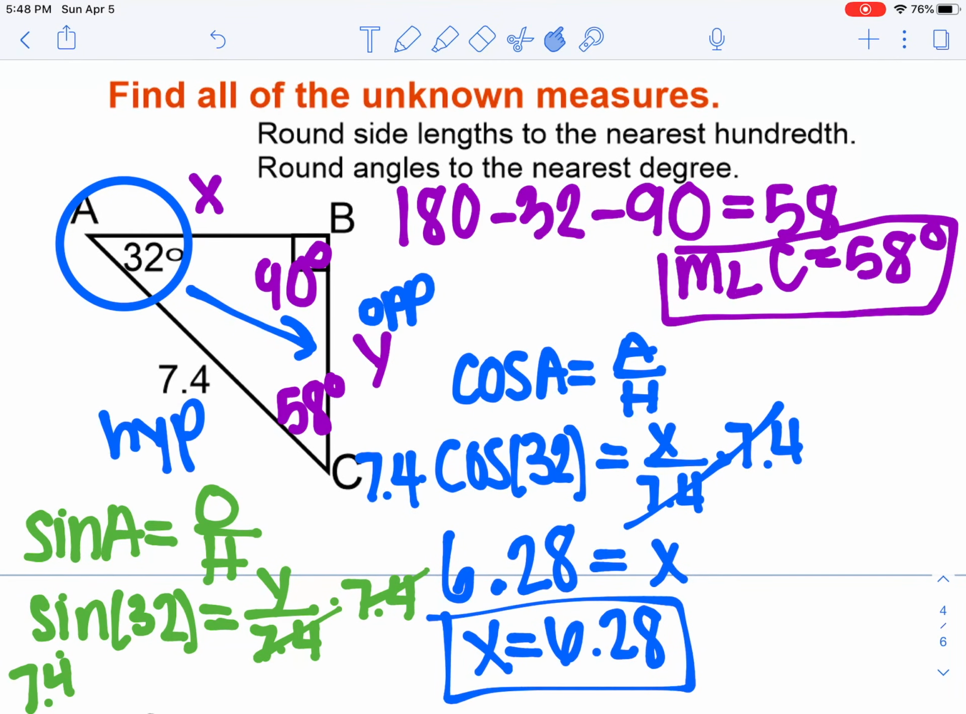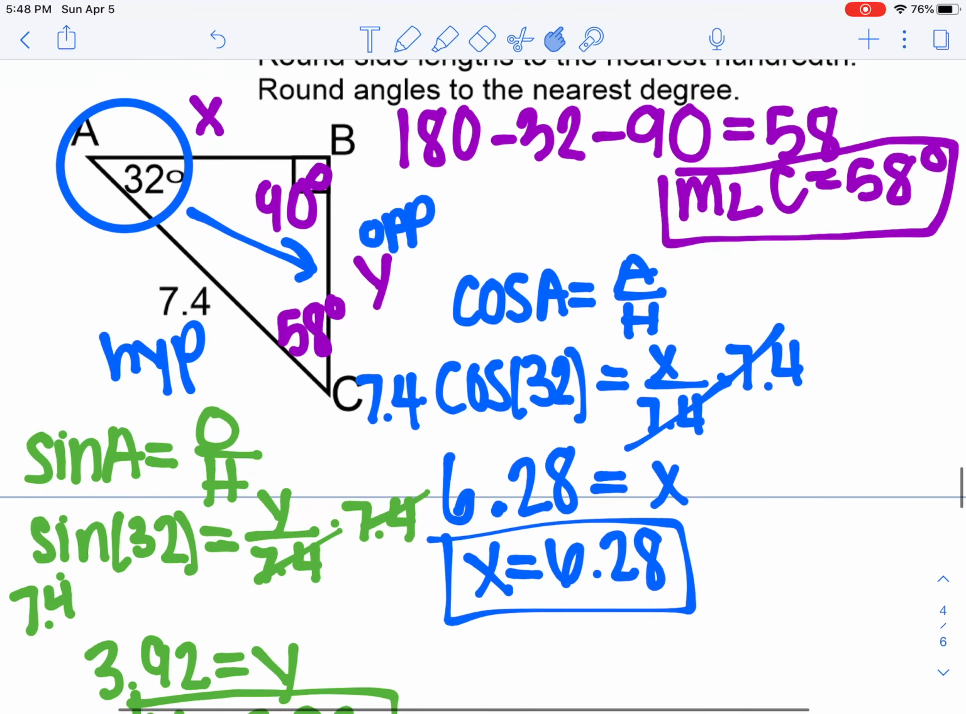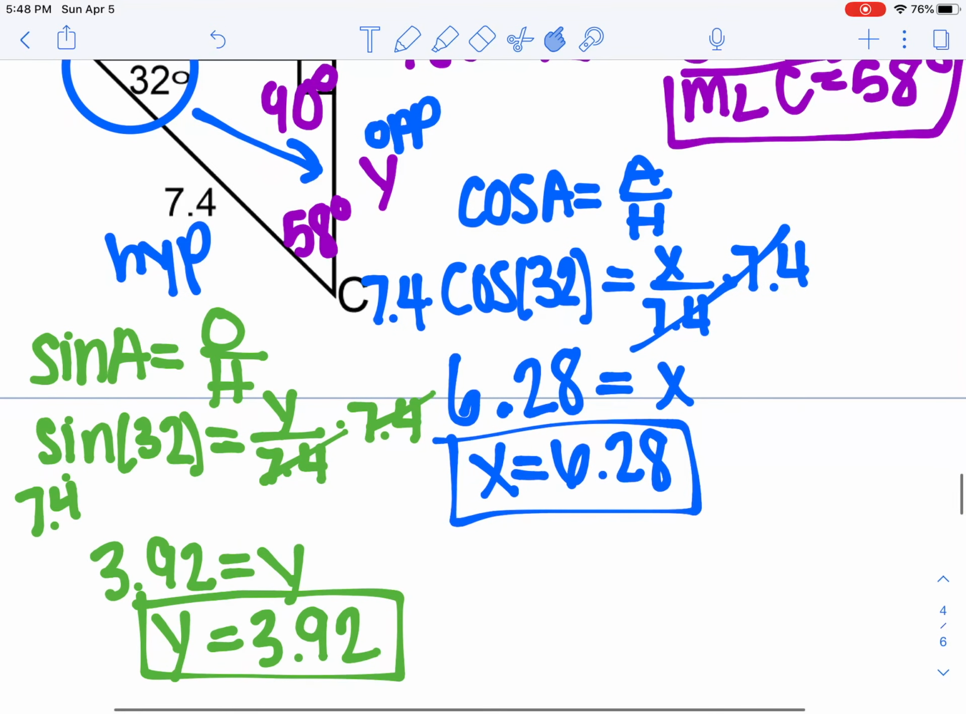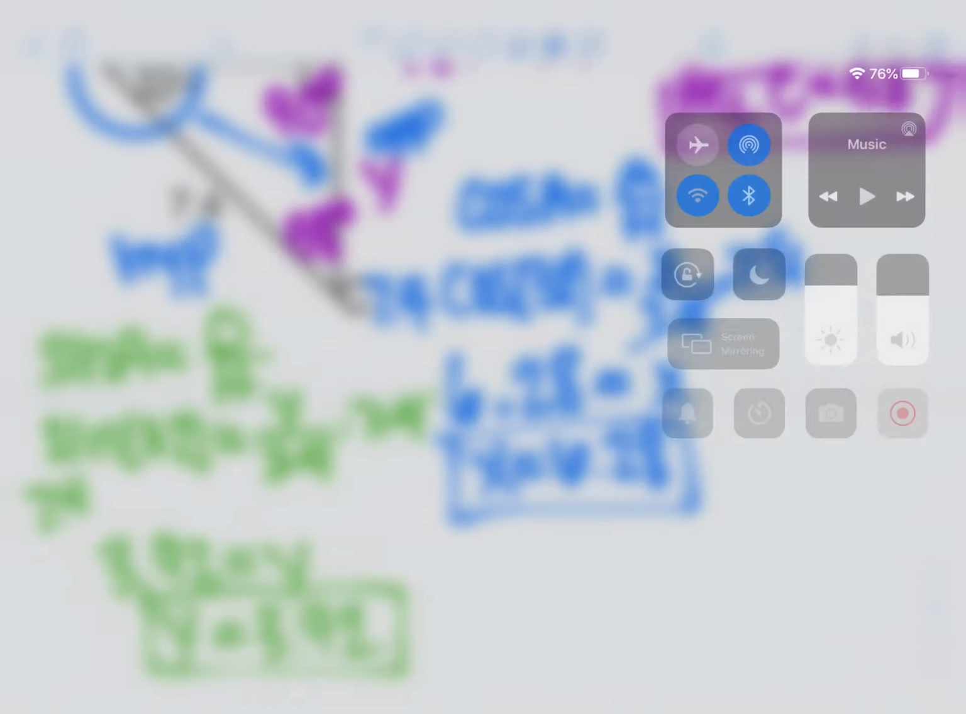Now remember, for this example, we could have done it several different ways. We could have used angle C and set up some different trig ratios from there as well. So just make sure that you check that all of your final answers are the same. Measure of angle C equals 58 degrees. Side AB, or X, equals 6.28. And then side BC, or Y,